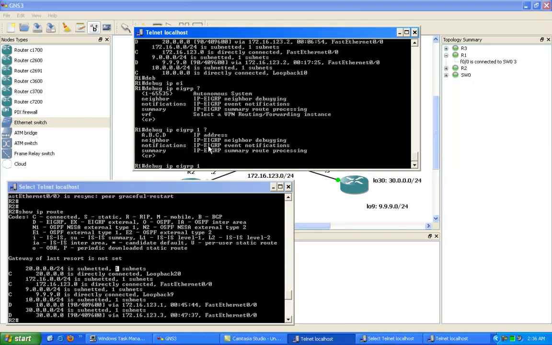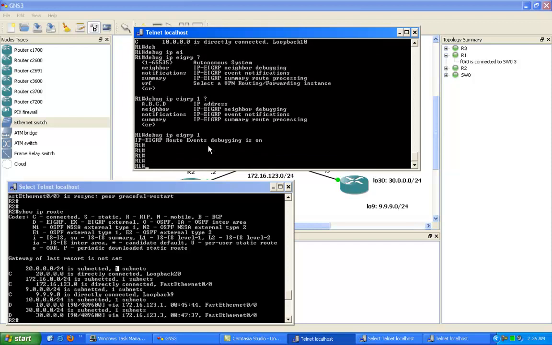So let's see if we can see any of this action being taken on router 1. If we do a debug IP EIGRP 1,